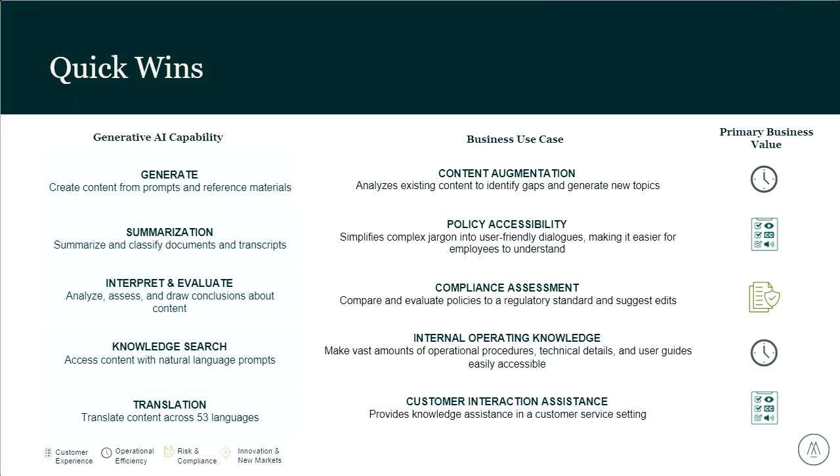so I guess in ways of operational efficiency, this might relate to a few of you, but you'll see here that we have a table of what we call quick wins. So these are use cases that we are just seeing organizations look at, thinking that's where we can provide business value. And then it's a very small scale, large impact use case. So I've got the generative AI capability there on the left. So that's when you're looking at how it can generate new content. It can interpret and evaluate.